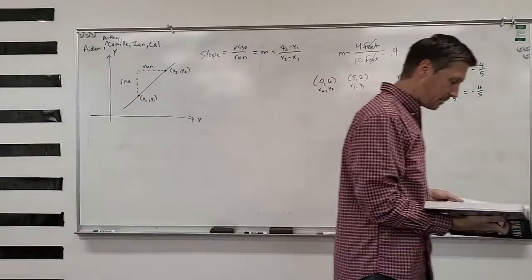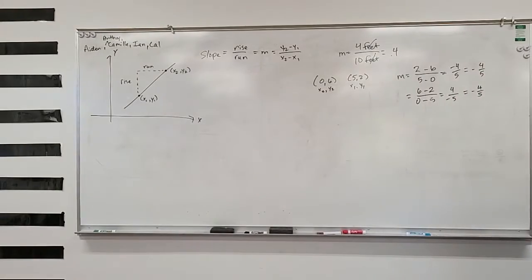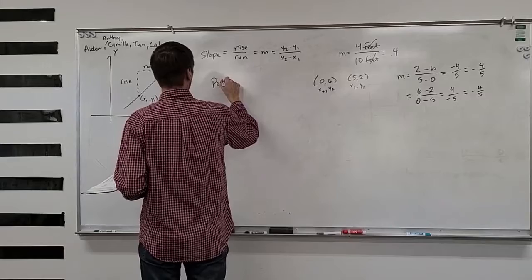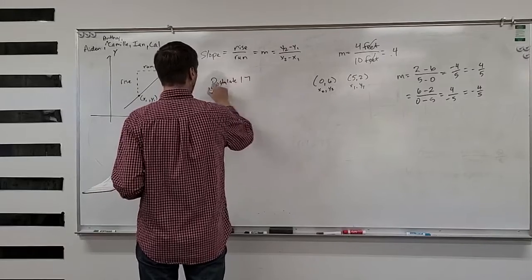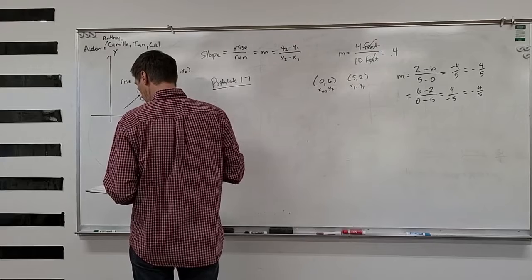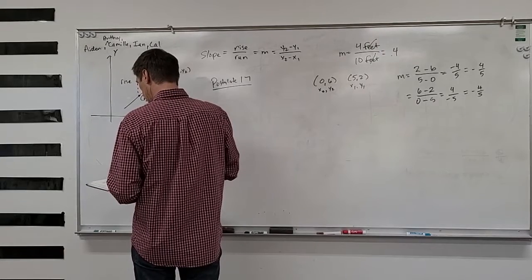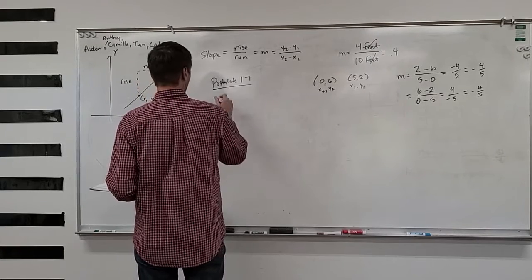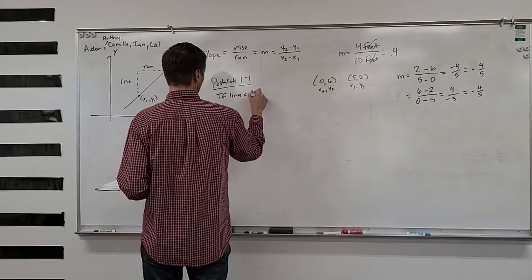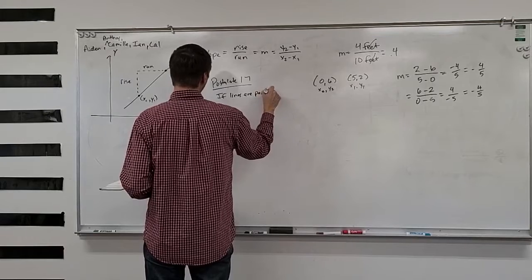All right, so let's talk about postulate 17. Postulate 17, all right, and that talks about the slope of parallel lines. And it basically says this. I'm going to summarize. If lines are parallel,